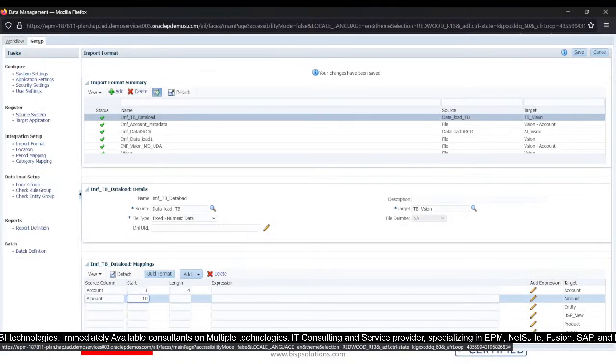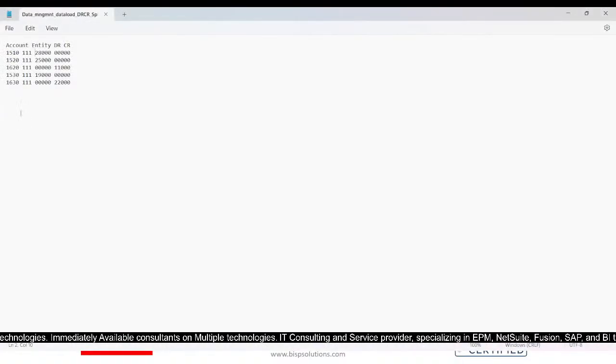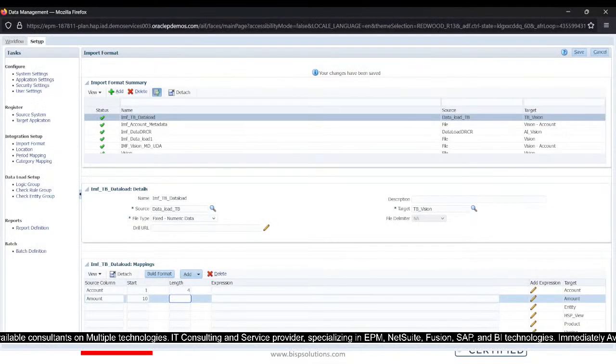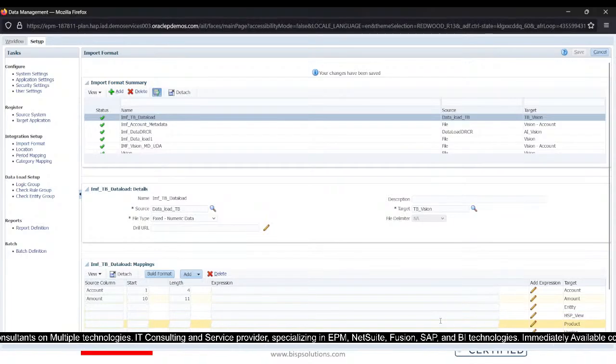Okay, so here the start is going to be 10, and the length here is going to be, as you can see, the data under the head debit is 5 digits. Then we have the space, which will be counted as the 6th digit, and then again we have the 5 digits. So in total we have 11 digits. So the length is going to be 11 over here in case of amount. I will save it,